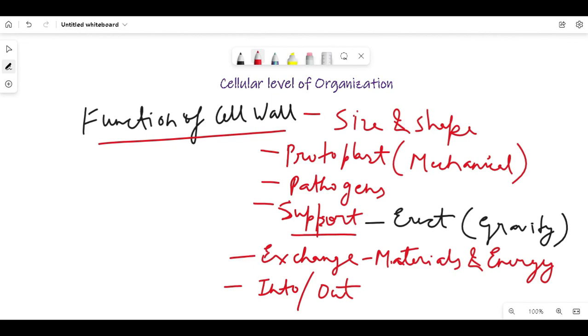So next we will study about the diagram of cell, endoplasmic reticulum, cytoplasm, cell membrane,